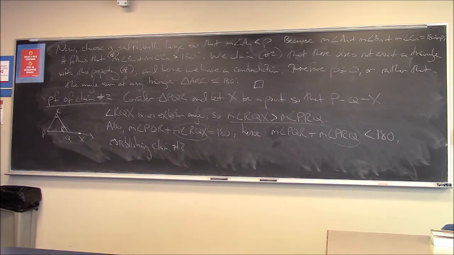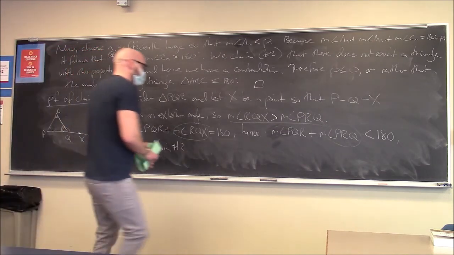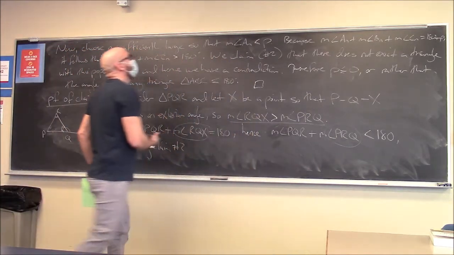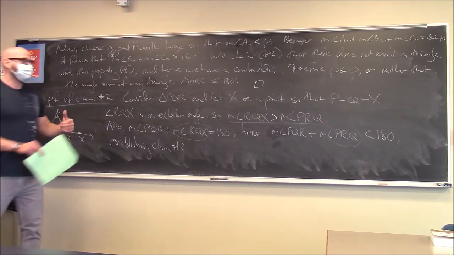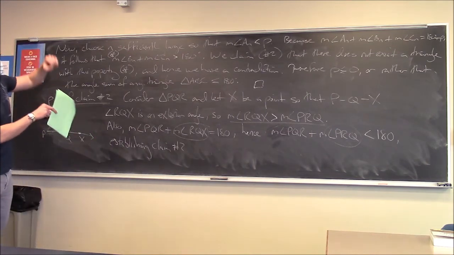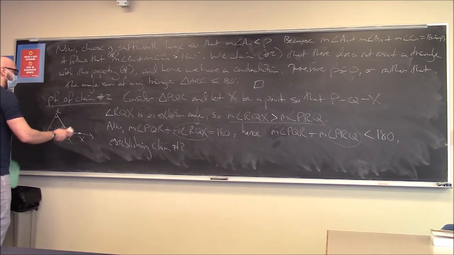Okay, so just by the exterior angle theorem, that's all we need. It's pretty easy to show that two interior angles cannot sum to more than 180. And of course, the whole Saccheri-Legendre theorem says that three angles, in fact, can't sum to more than 180. So there's claim number 2. Now we have to come back to claim number 1, this claim that I can build a sequence of triangles where my angle sum doesn't change, but where I stretch out one angle to get smaller and smaller and smaller.